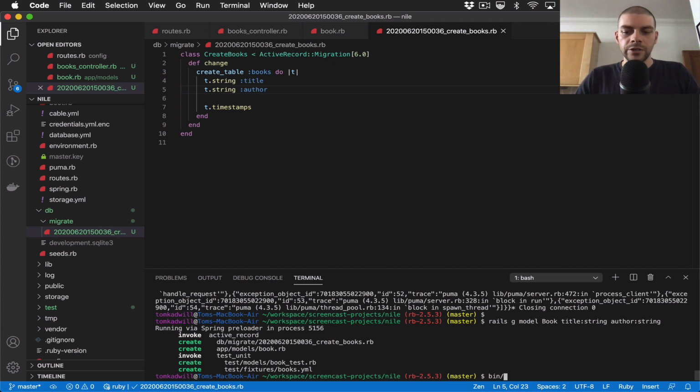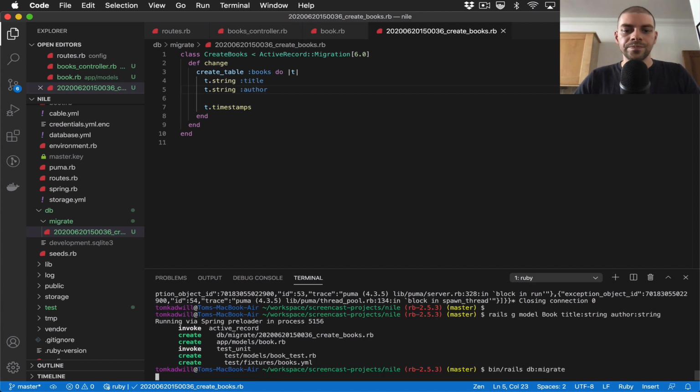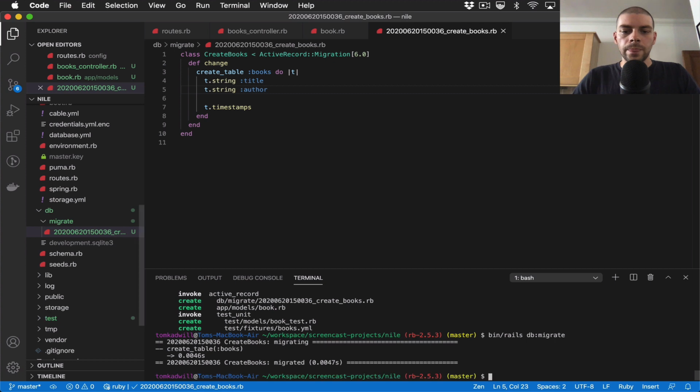So I can run the migrations by doing bin/rails db:migrate. So this has run the migration, so it's essentially created a database table for me